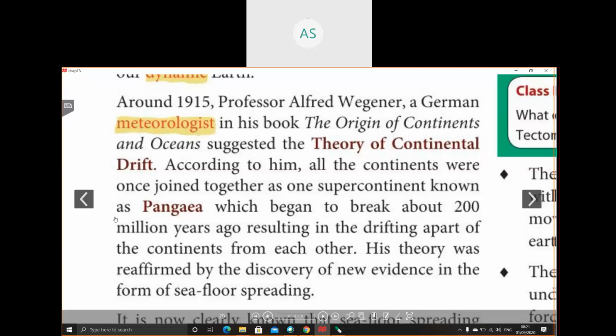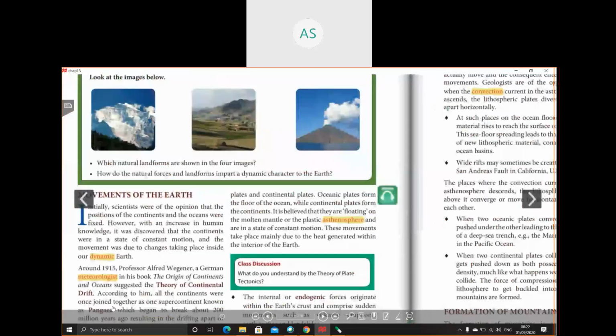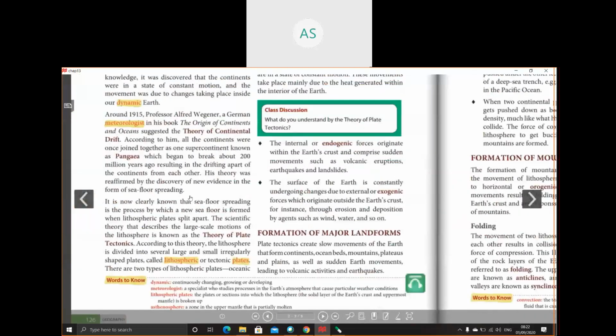Pangea. Okay, according to the scientist Alfred Wegener, the German meteorologist. What is the meaning of meteorologist? A specialist who studies processes in the Earth's atmosphere that cause particular weather conditions. Okay,